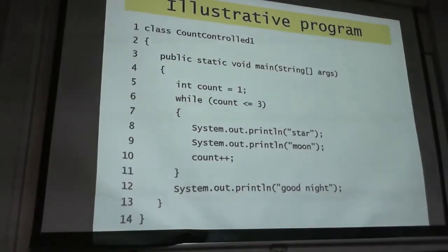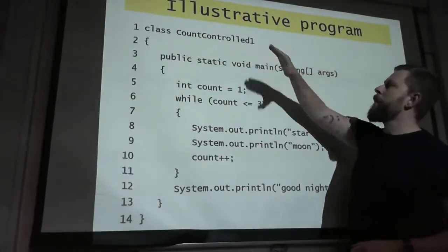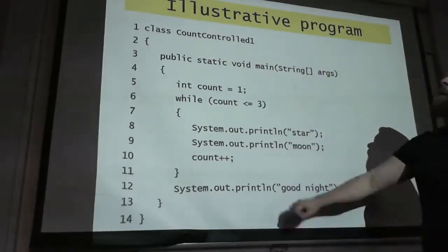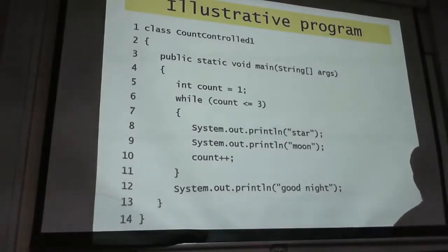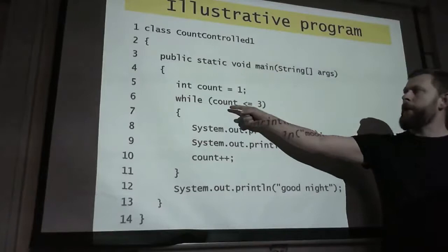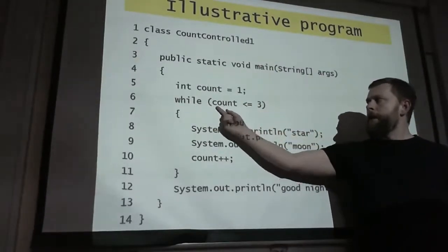Here is a really simple loop. We have our class up here, our public static void main. We declare one integer variable called count, and we give it a value of 1. Our loop condition is while count is less than or equal to 3. So what happens the very first time we run it is it goes while count is less than or equal